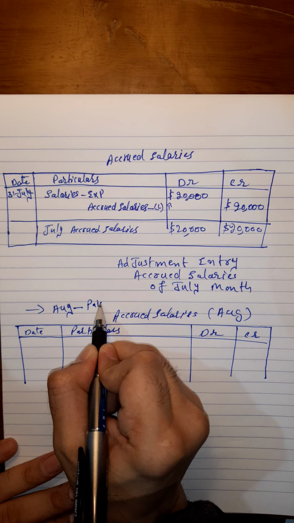The company will pay July salary in August. Right? The company will pay July salary in August. Salary is an expense, but if the company will pay this salary in August, it means it is our liability. Okay friends,